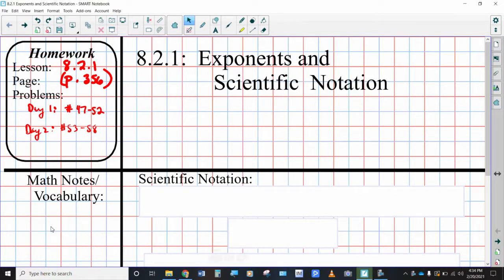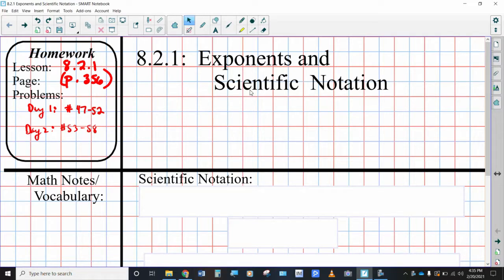Alrighty, let's take a look at our lesson for 8.2.1. We are now going to get into the second part of chapter 8, where we're going to focus on exponent rules. And this is a great opportunity for us to talk about scientific notation, which is a specific way of